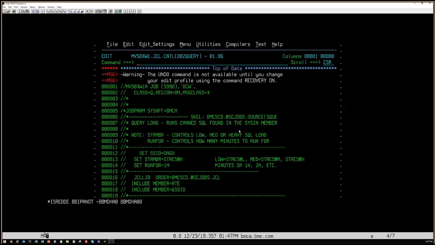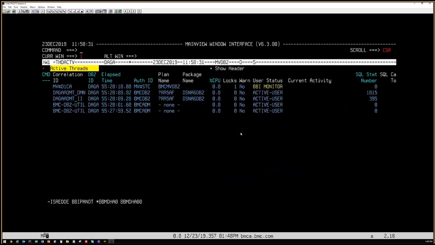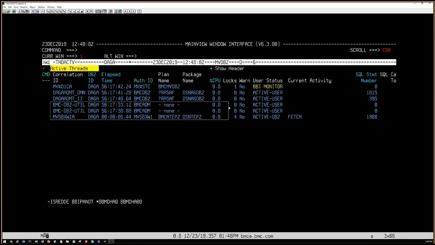So I'll swap in here. I'm going to submit this query. This is a long-running query. So now if I go into MainView for DB2, I can see here is my query that's going to cause that alarm to fire. You can see the plan name is the same that I set in the alarm, and the auth ID is my user ID. If I actually come in and go to the Alarm Manager,